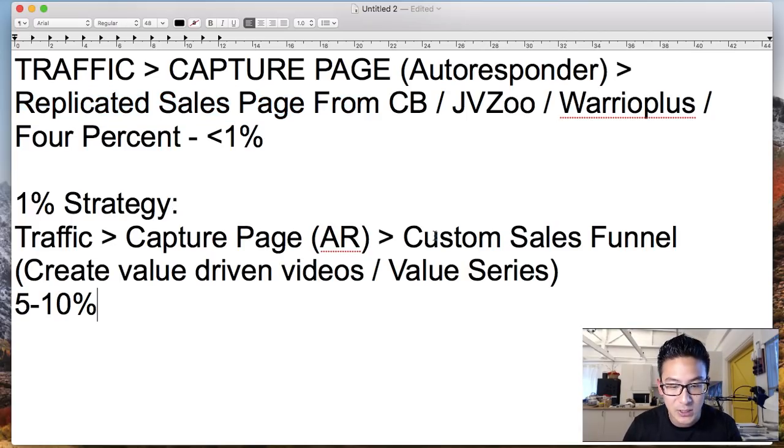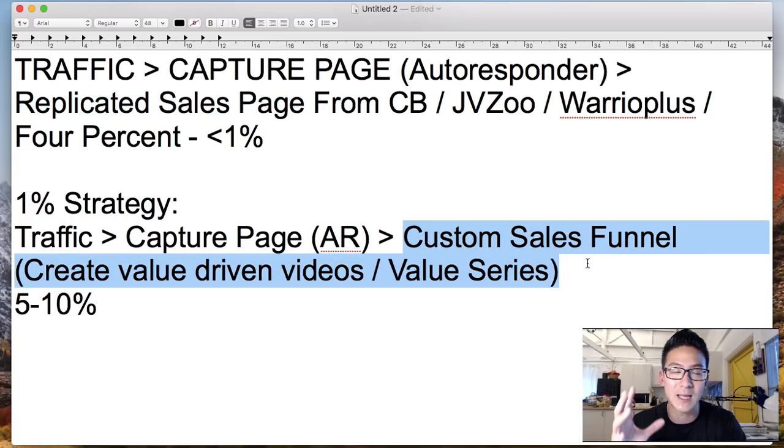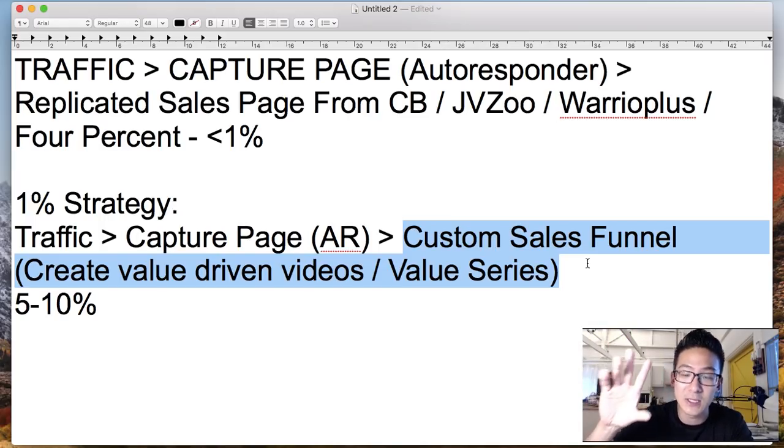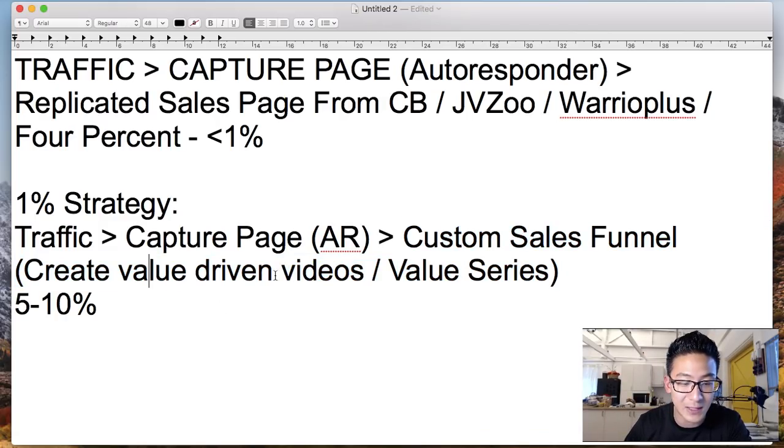Now, how do you actually build out a custom sales funnel? Because that might sound very scary to you. You're like, oh no, custom sales funnel. That sounds really scary. But actually, when we're talking about custom sales funnel, all you really need to do is create a very simple page that has a title, a video, and a button. That's all it is, okay? And the video that you create, when you create value-driven videos, can literally be you taking your phone and just recording a quick little 3-minute video, teaching your customer base about whatever topic you're actually trying to sell products on,